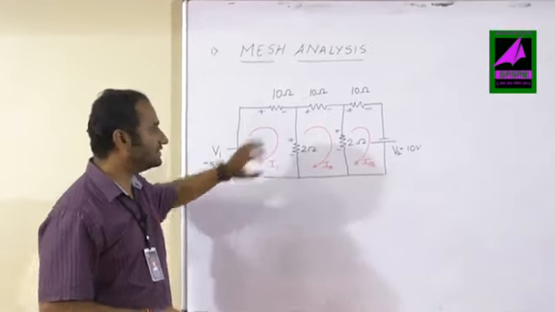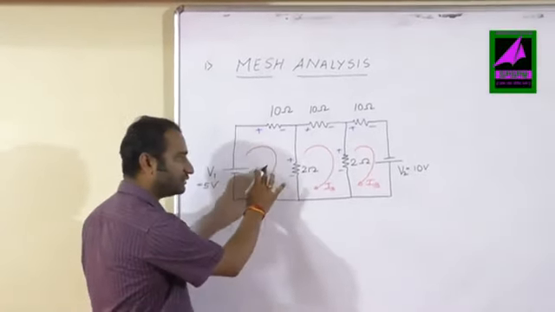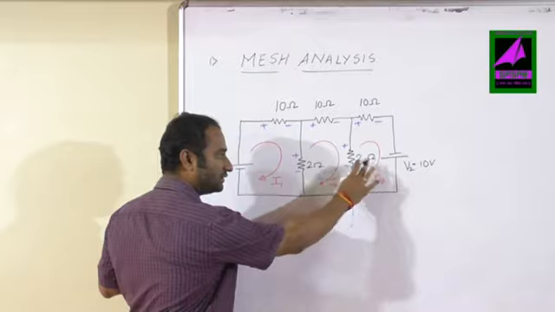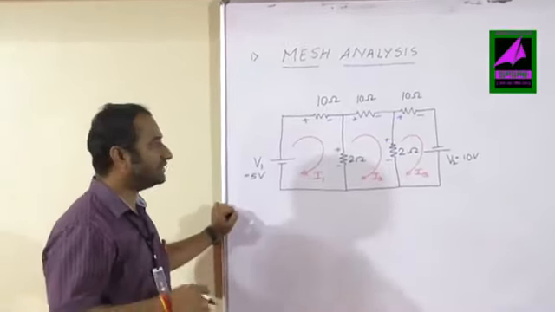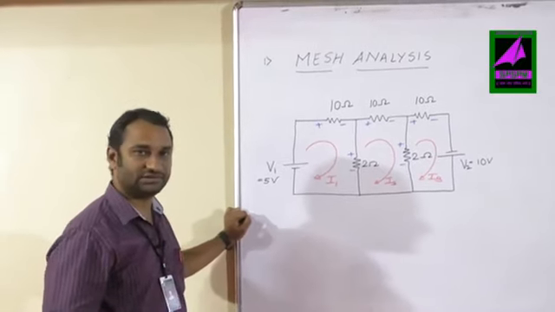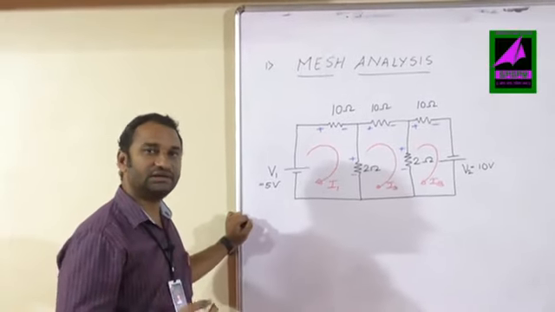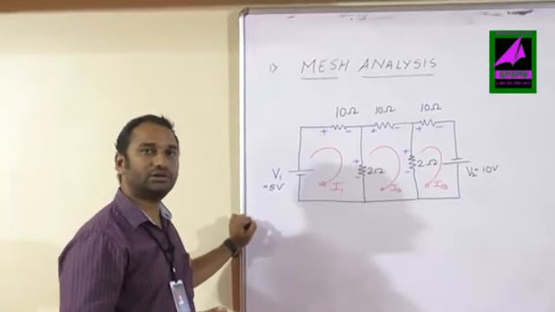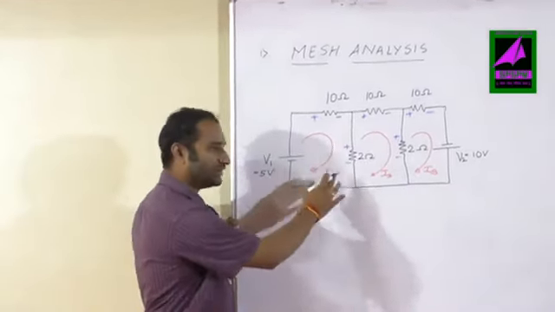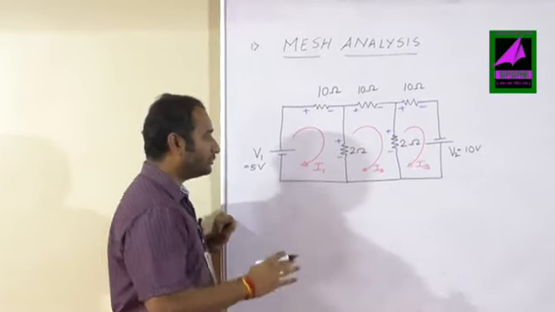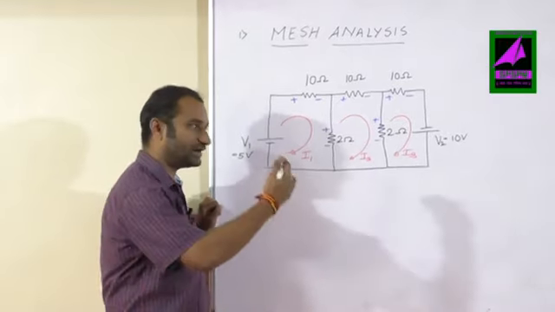Accordingly, in this figure, if you look at the example that I have taken, the meshes are mesh number 1, mesh number 2 and mesh number 3. So we have 3 meshes in this whole circuit. Now there are certain rules to write the mesh equations. Mesh analysis basically depends upon KVL, that is Kirchhoff's voltage law. If we know Kirchhoff's voltage law, it is very easy to write the equations for meshes. So I will define certain rules, and then we will apply the mesh analysis.